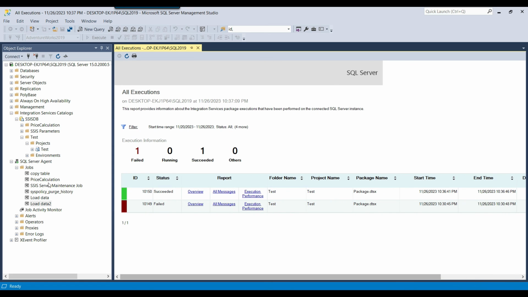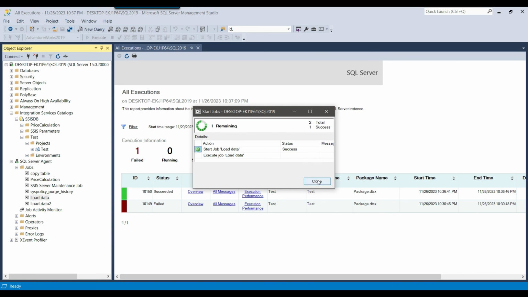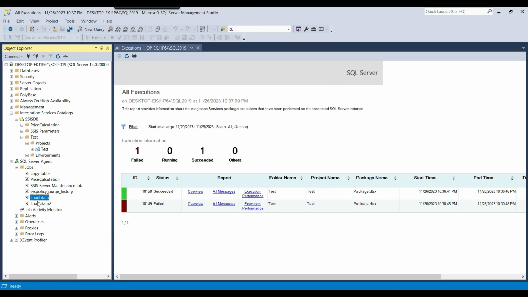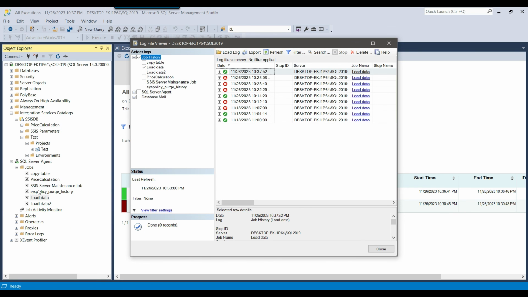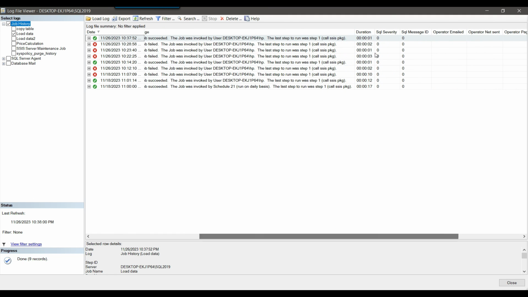Okay, and in the same way, if you execute the SSIS package from the SQL agent job, from there as well you can see the success messages. But because in the first SQL agent job the SSIS package is stored on the file system, there is no logging available on the SSIS DB catalog. This is successful, and you can see the duration, how much time it took to execute.